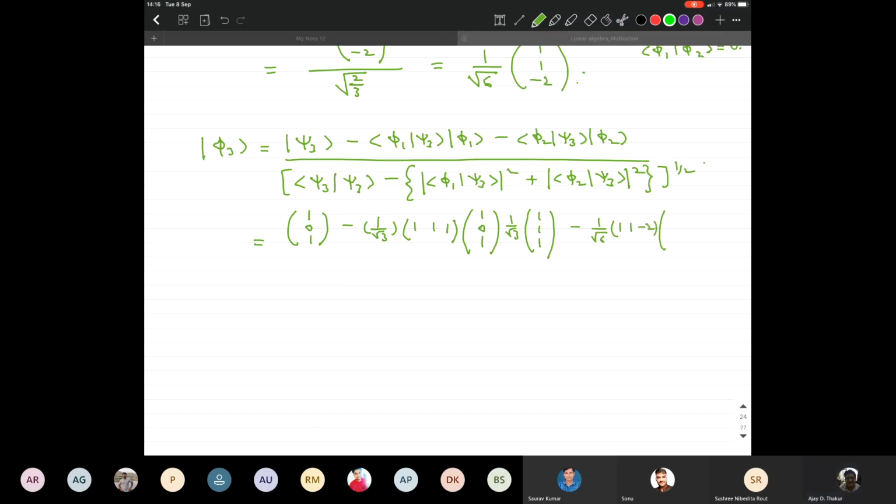with (1, 0, 1), times 1 over root 6, again (1, 1, minus 2). So (1, 1, minus 2), that is going to be in the numerator,